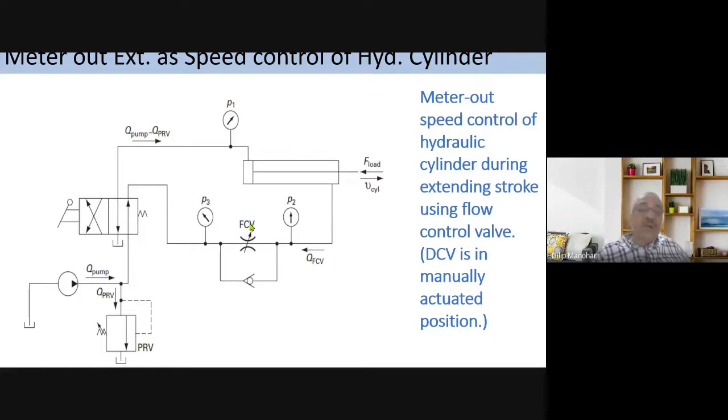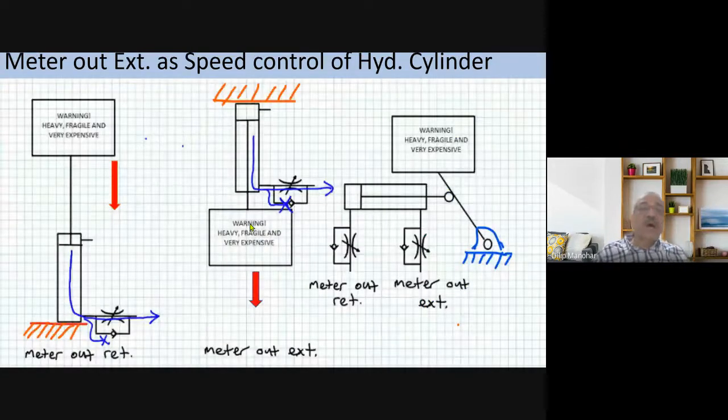Both are equally okay, as long as the cylinder is horizontal. This is the way we design the circuit. So you can imagine the circuit design when so many valves and so many bends and so many fittings are available. You need to work out each and every one. So I wanted to highlight how many connection lengths are available to work out the design. Now I am showing one position when meter out extension is used.